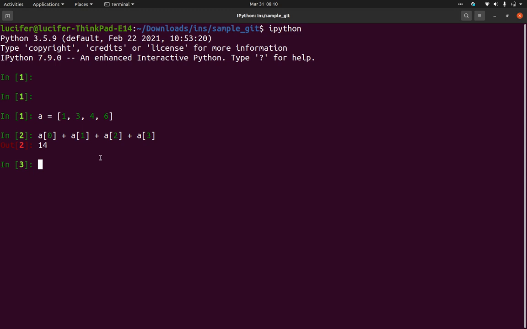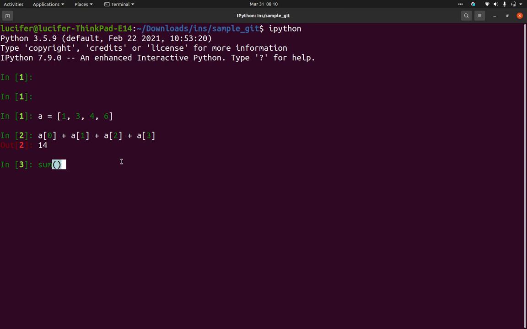So for those kinds of scenarios where you will have to fetch all the elements and sum them, we have other approaches like for loops, okay. We can use loops, but if you don't know for loops yet, right, and you just want to sum all these things, it would be very difficult to take up each element and sum them, right? So for these kinds of scenarios we have some predefined functions, okay.